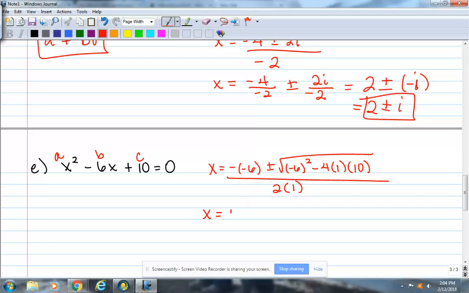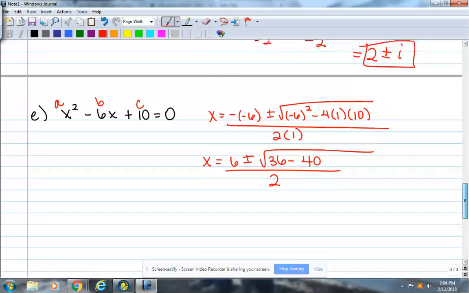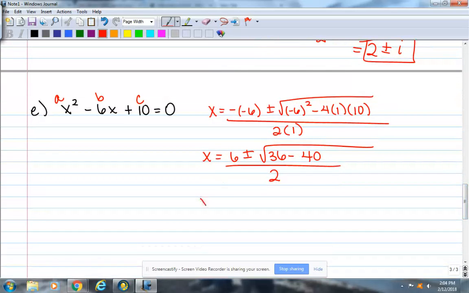So -6 is +6. Plus or minus. What's -6 squared? 36. What's -4 times 1 times 10? -40. All divided by 2 times 1 equals 2. I don't know why I made my radicals so big. What's 36 minus 40? -4, not 12. You've got to be careful with these negatives, y'all, because that's going to cause you to miss it